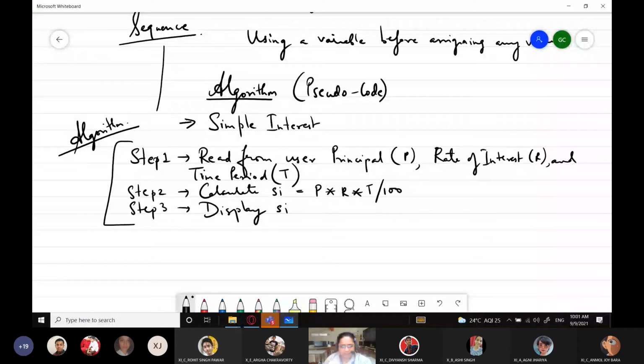Normally, it is considered a good programming practice to first write the algorithm, that is first solve the problem and then convert it into a program code. But we won't be wasting much time on algorithms. I will only give you a certain idea about how to write algorithms because this is a stepwise refinement which you need to write in your own language, right? So this you can do on your own. But algorithm is a very good method of solving problems. So all those who have difficulty finding the solution to a problem, you can take up the algorithm first.